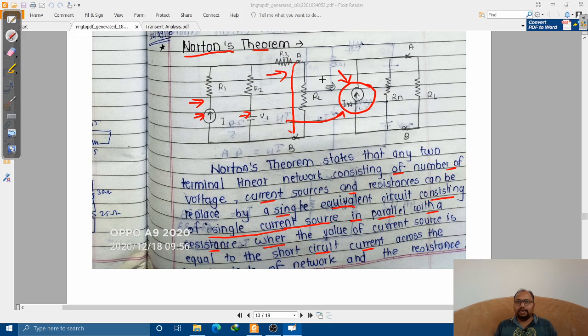So in order to find the current, we need to make a short circuit. In order to find Rn, if a current source is there, you have to make it an open circuit, and if a voltage source is there, you have to make it a short circuit. Terminals A and B must be left open. The current is the short circuit across terminals A and B of the network, and the resistance